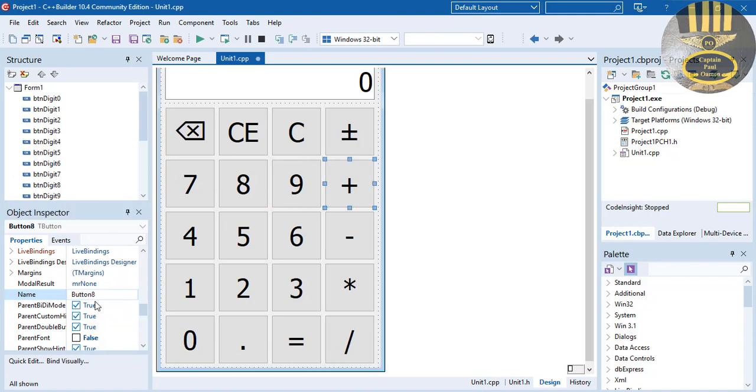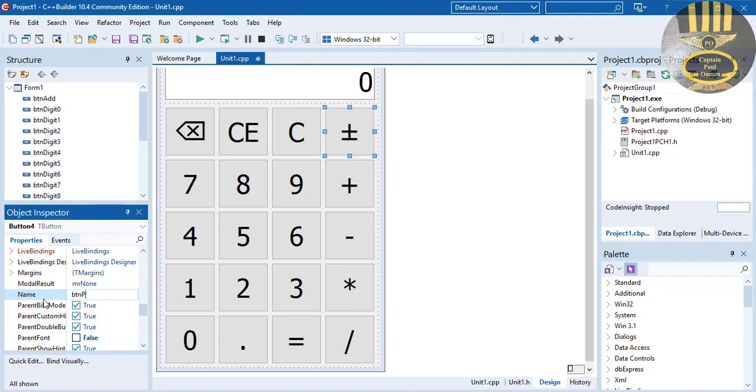And this one is going to be BTN add. We have BTN subtract, sub, there. And the one right up here, that's going to be BTN plus minus,